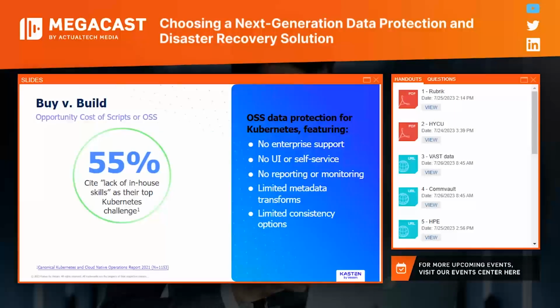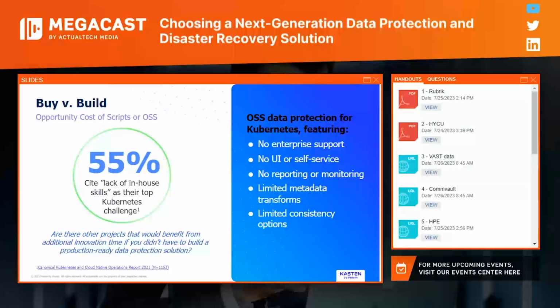And push comes to shove, if you're facing a ransomware attack and need to recover those workloads, it's business critical when you are facing the pressure of the business. Will you have time to make sure those scripts work? Obviously, whoever wrote those scripts has to maintain them as you're deploying new workloads or new namespaces. So yes, that is an option, but that's what differentiates Cast and K10 from those scriptable or open source solutions: we're just out of the box, easy to use.